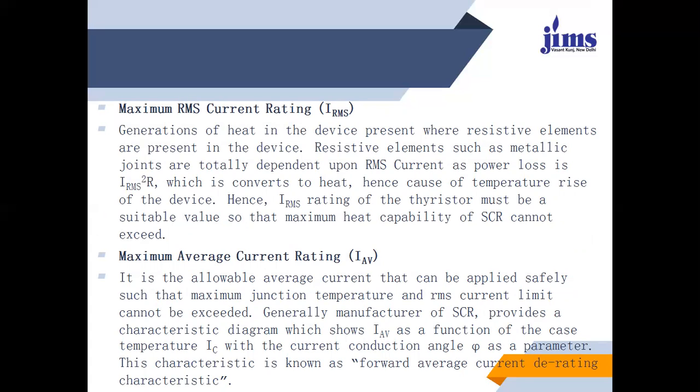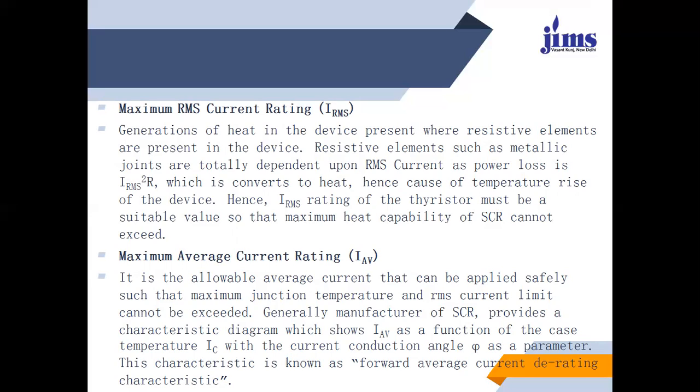Heat is generated in the device where resistive elements are present. Resistive elements such as metallic joints depend entirely on RMS current, as the power loss is I squared R, which is converted to heat and hence causes a temperature rise of the device. Hence, the IRMS rating of the SCR must be a suitable value so that the maximum heat capability of the SCR cannot be exceeded during